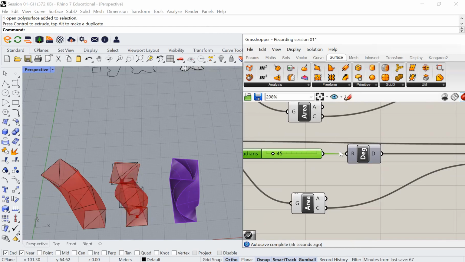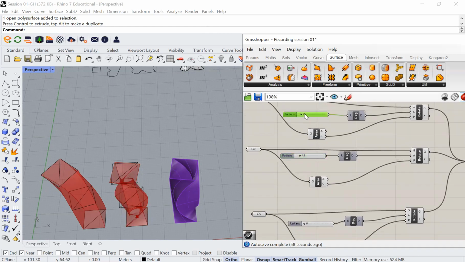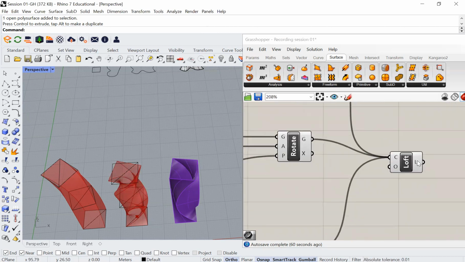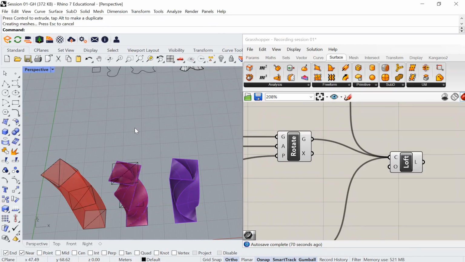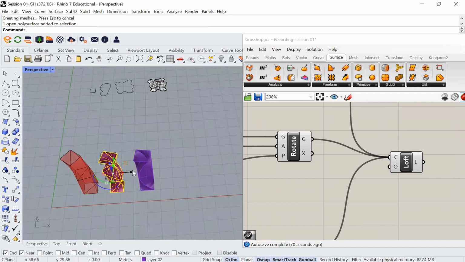Okay. Let's say this is 1090. And then we go back here and we say bake. Again, let's put it on the same layer. So now you have